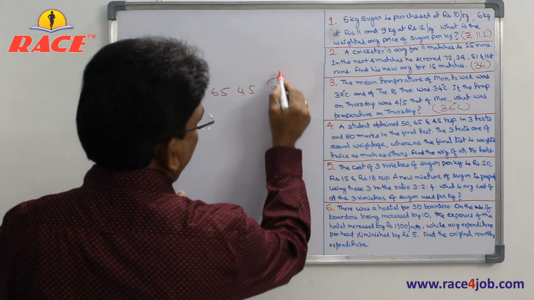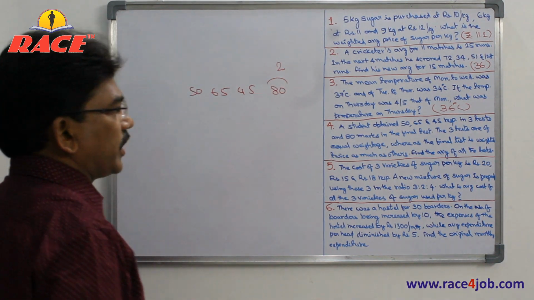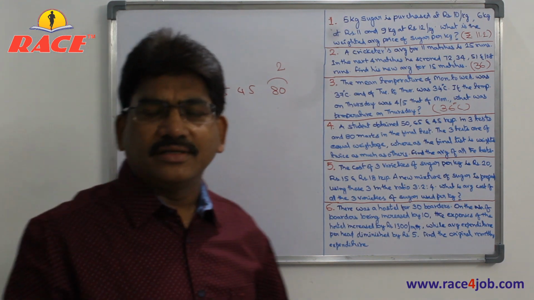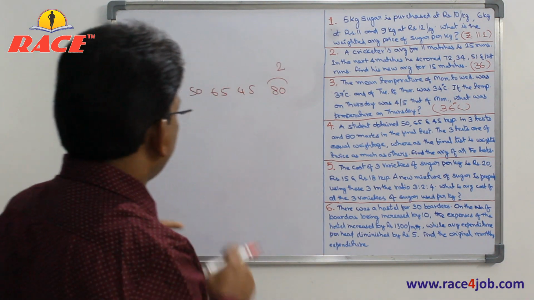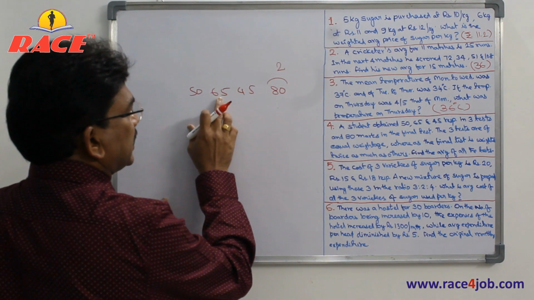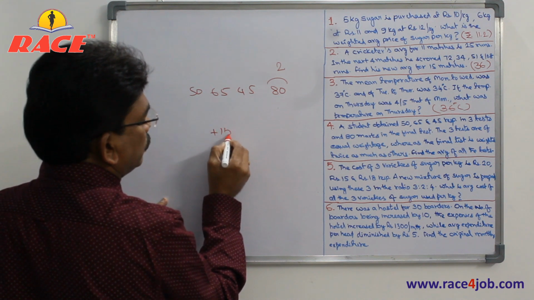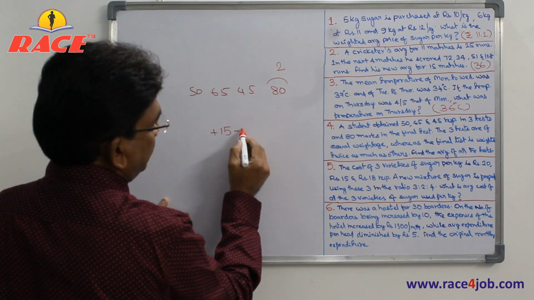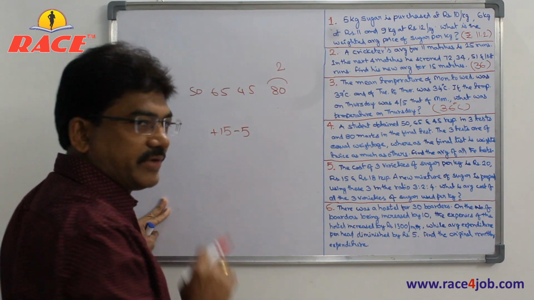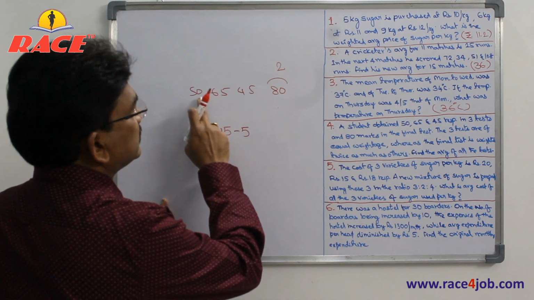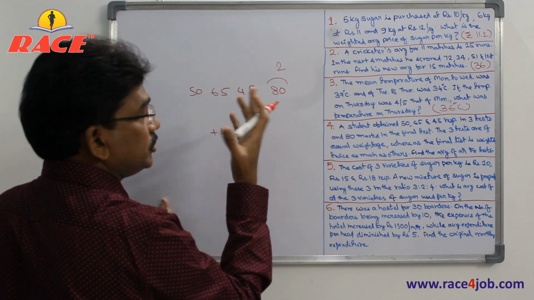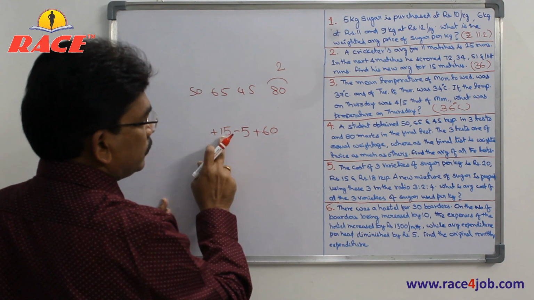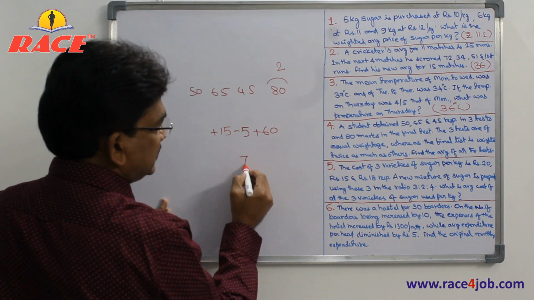The simple way, as I said: 50, 65, 45 and 80, which has twice the weightage. Now let us take the assumed average as 50 only. If you take 50, there is no difference. But second one is 65. That means 15 more than our assumed average. And next one is 45, that means 5 less. And here is 80, means 30 more, like that 2 subjects. 30 into 2, 60 more. Total how much more? 15 minus 5, 10 plus 60, 70 more.